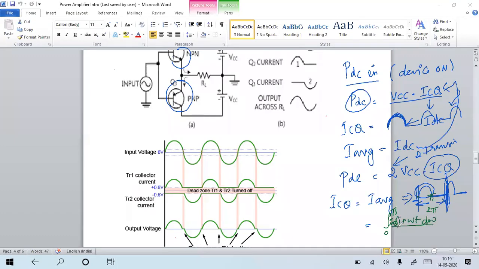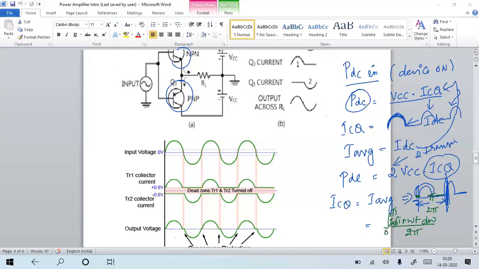What is the total area? Total area is 2 pi. To sum the instantaneous values we will use integration. What is average actually? Sum of all the amplitude divided by the area you have taken. Same way, only the sinusoidal nature is there from this point to pi. The remaining portion amplitude is 0, but the total area we consider is 2 pi, correct? So I am summing the area only between this point and this point.